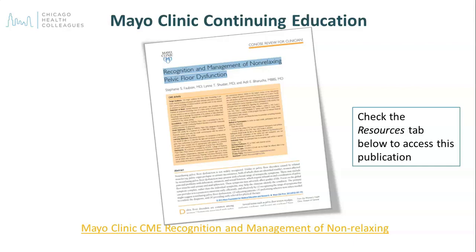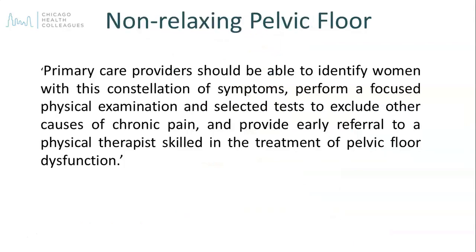So some of the symptoms that we see with non-relaxing pelvic floor dysfunction are pain, urgency, frequency, urinary incontinence. We will find incomplete urination, incomplete defecation, constipation, pain, and another good one is nocturia, waking up in the middle of the night to urinate. These are all signs of non-relaxing pelvic floor dysfunction and all things that we can easily treat within pelvic floor